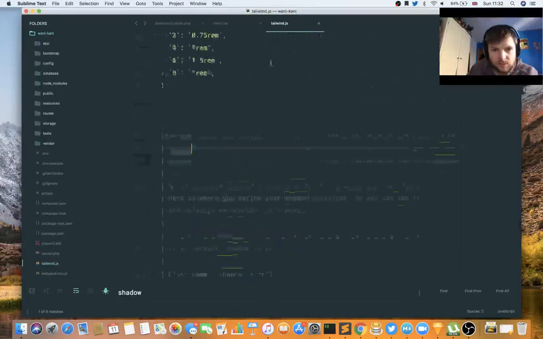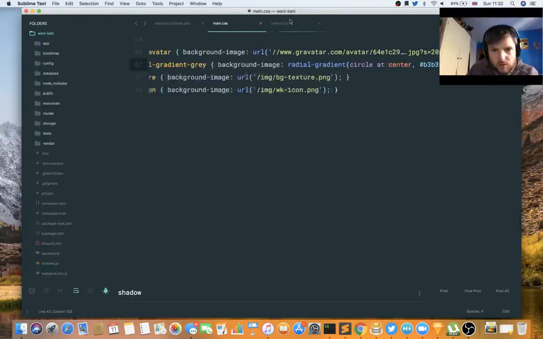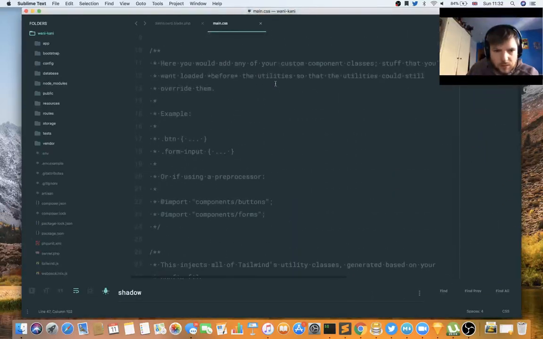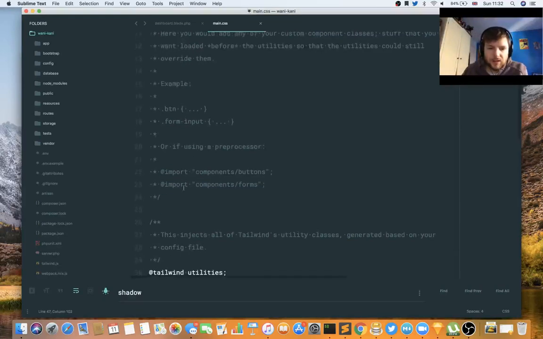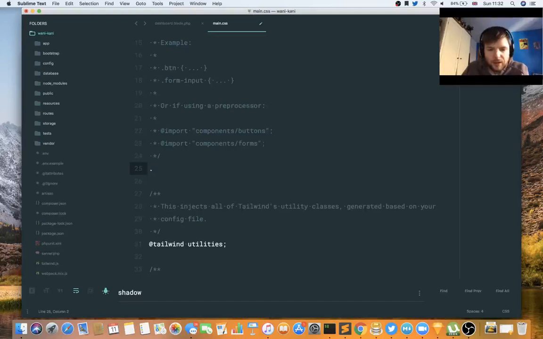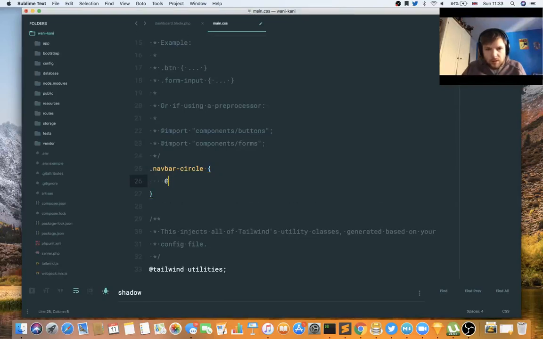So what to call them? Right. So here you would add any of your custom component classes, stuff that you'd want loaded before the utility so that the utilities could still override them. I think this is the right place. Yeah, I am going to include it here. So navbar circle. And